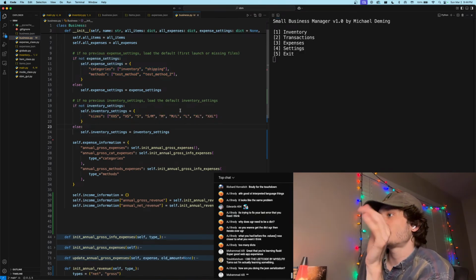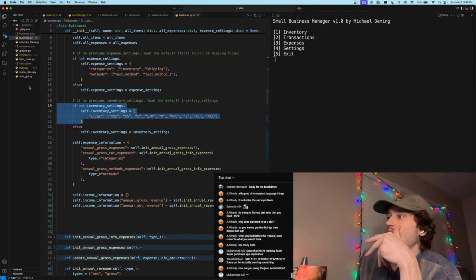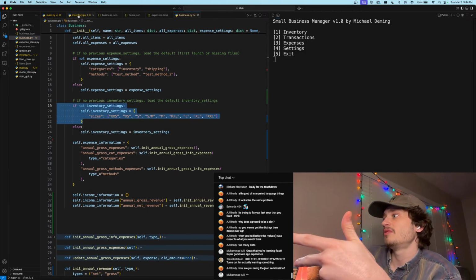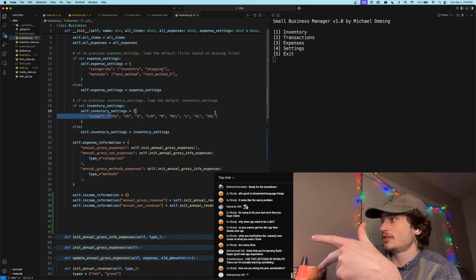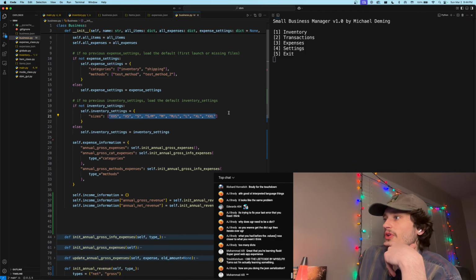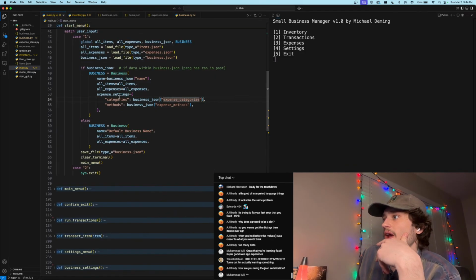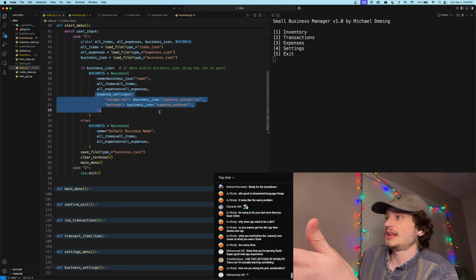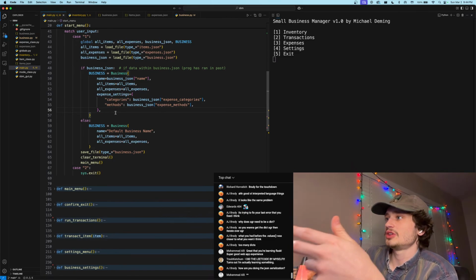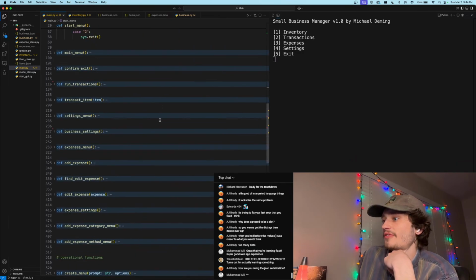So that's going to be my next goal: we need to have the user also be able to edit the inventory settings and provide their own inventory if the original hard-coded clothing sizes aren't what they would like for their sizing. Similar to loading in pre-existing expense settings, we now need to load in as well if business JSON data is found for inventory settings. So we'll have to go into our